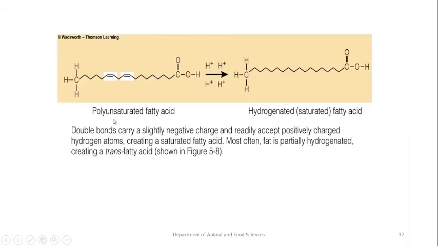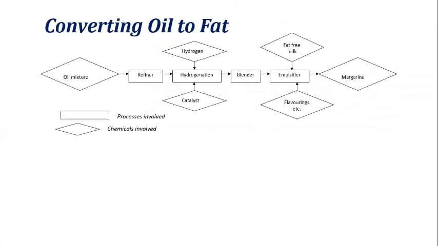So for polyunsaturated fatty acids, through hydrogenation, we can make saturated fatty acids. This is not essential, I have included it just for your information. So to convert oil into fat, we can use this hydrogenation process. It is used in the food industry, but